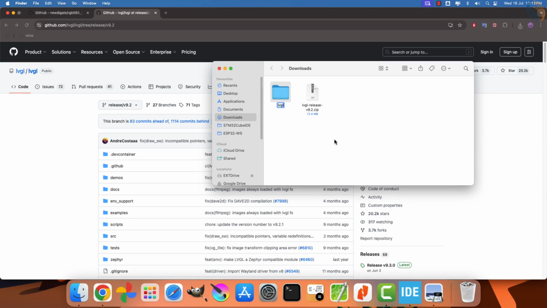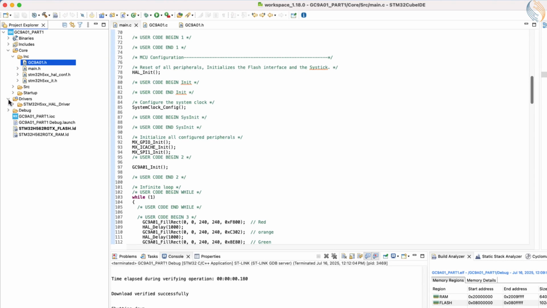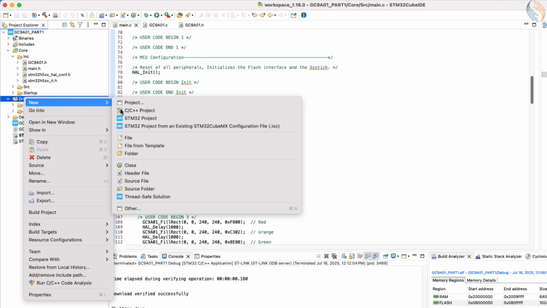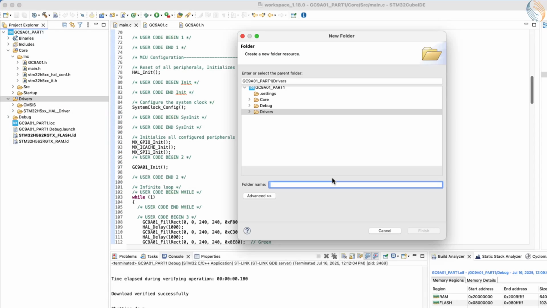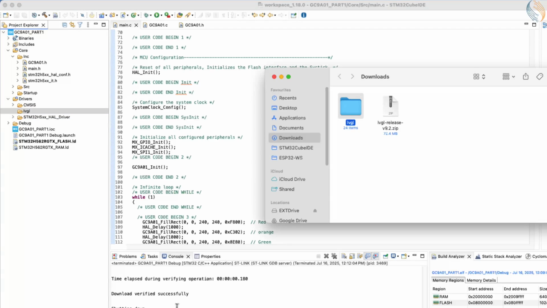After extracting the files, rename the top-level folder as LVGL to keep things clean and consistent. Next, we need to integrate this library into our STM32 project. To do that, go into your project structure and create a new folder inside the drivers directory. I am naming this newly created folder LVGL to clearly indicate that it contains the graphics library. Now copy the entire downloaded LVGL folder into this new